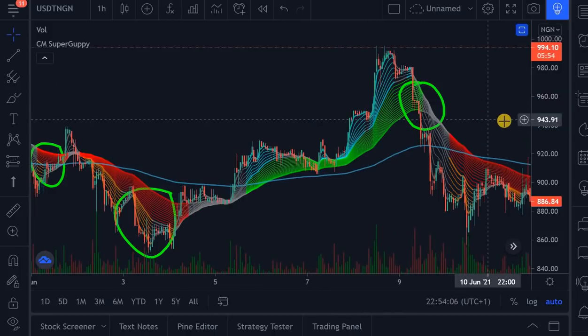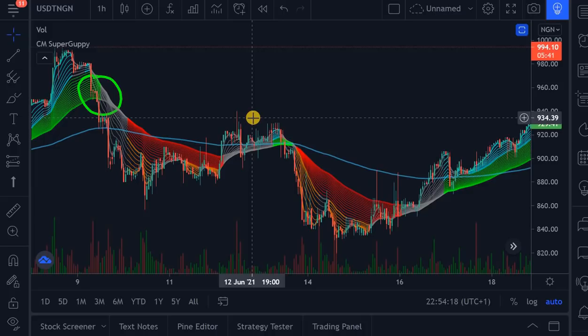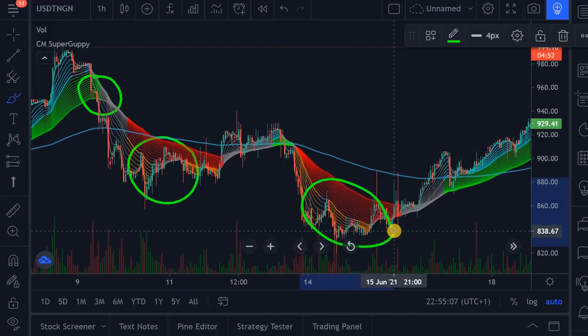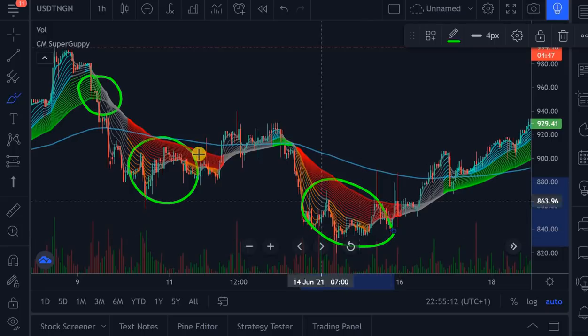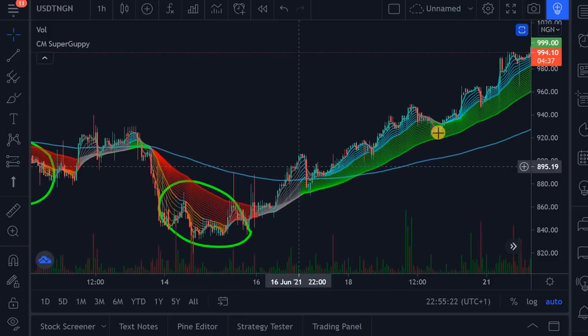Now let's go forward. This is another instance when the indicator flashed a red signal at this region right here. That's the first time it flashes this signal, and this region right here is the second time it flashes this red signal. This is where I am going to be buying, at this region and at around this region. Now let me show you where I would be selling.